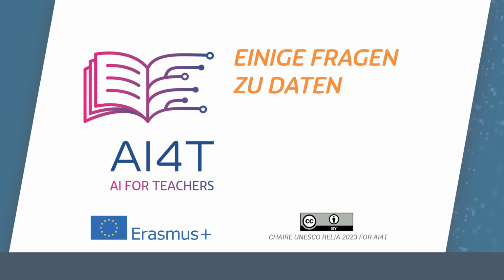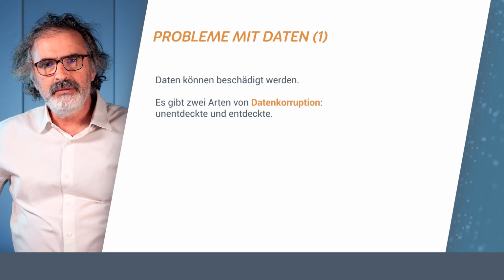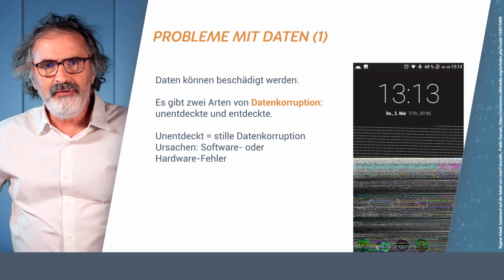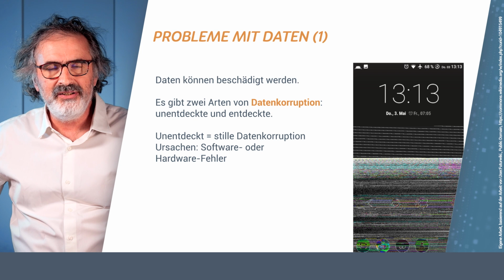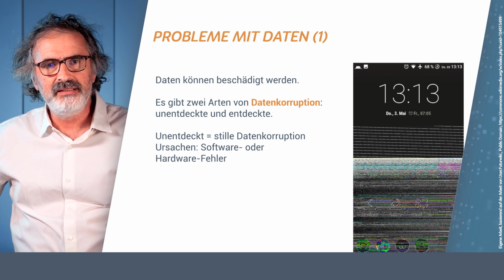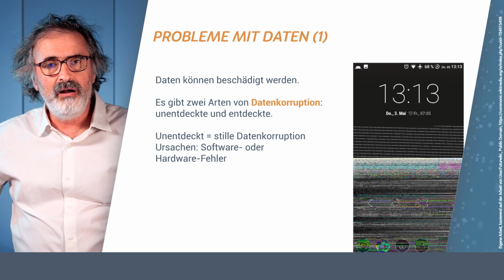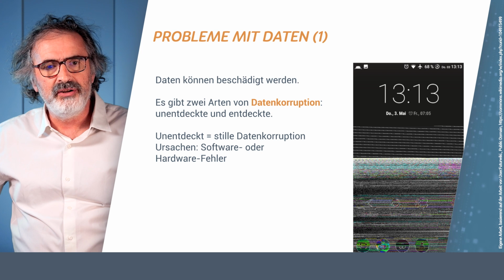Let's talk about data and consider some issues and some vocabulary which is closely related with data. Data can be corrupt. It can be corrupt for many reasons, because it has been obtained through sensors, and perhaps there have been mistakes, perhaps because it has been transcribed, perhaps because there's been some intermediary operations on it.